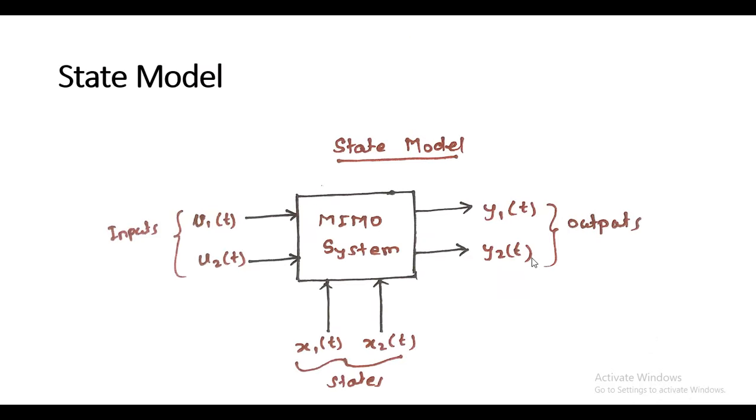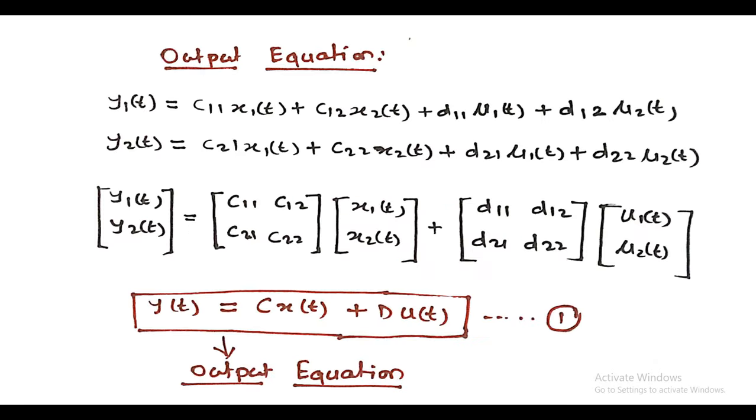Now the next thing that we have to do is see the output y2t. Now I think you have got the idea about how to calculate y2t. Again, this y2t can be calculated from all the inputs and all the states. Means we have to include all the states and all the inputs. In our example, we have taken 2 inputs and 2 states. That's why we have to mention these 2 states. So see here how I have calculated.